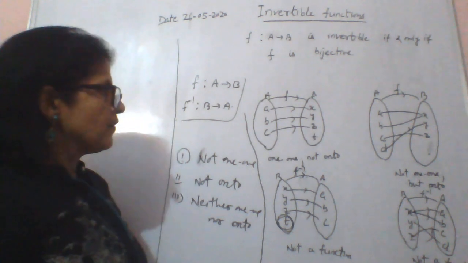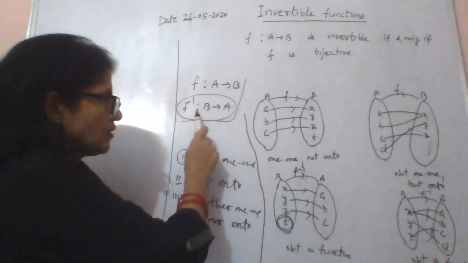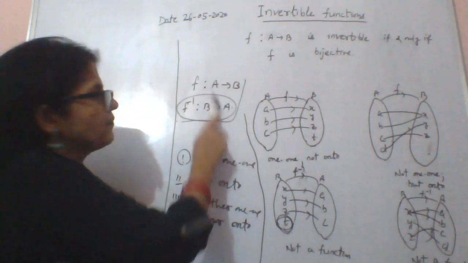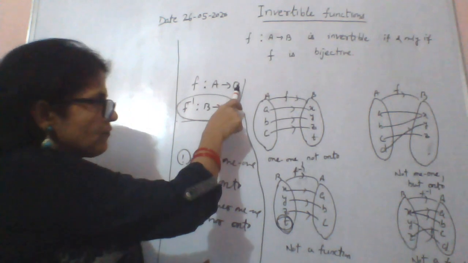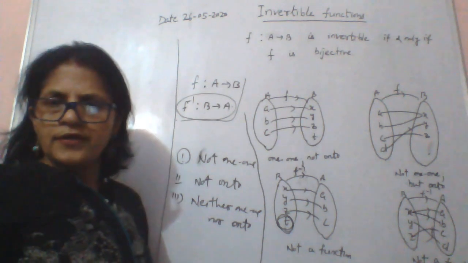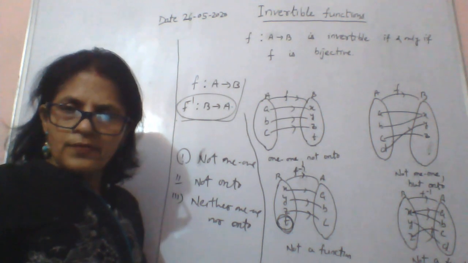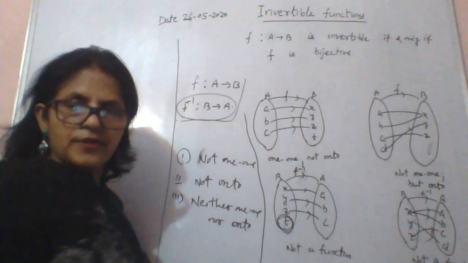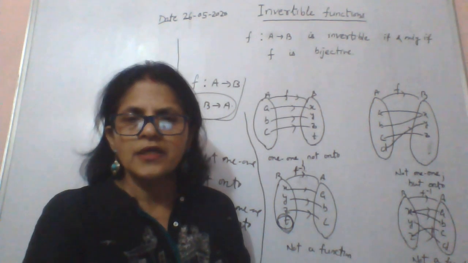And here you can see whenever you take an invertible function, if the inverse exists, it is a mapping from B to A, right? Also, the domain of f becomes the codomain of f inverse, and the codomain of f becomes the domain of f inverse. So basically domain and codomain are interchanged, and as we know the function is bijective, codomain and range are equal. So here the range equals the codomain, and again it becomes the domain here, right? So the first and foremost condition for the function to be invertible is that it should be bijective.